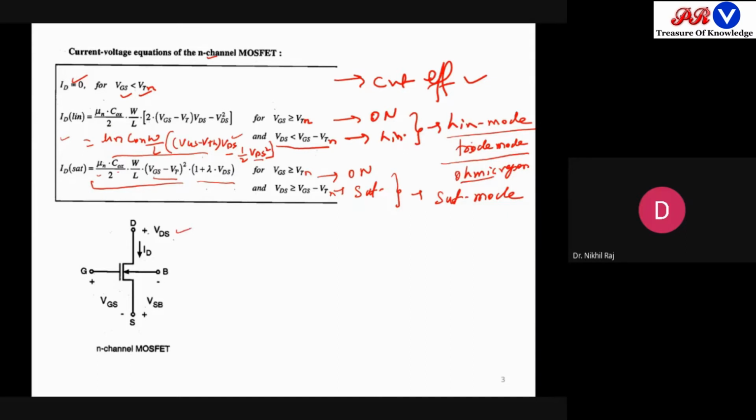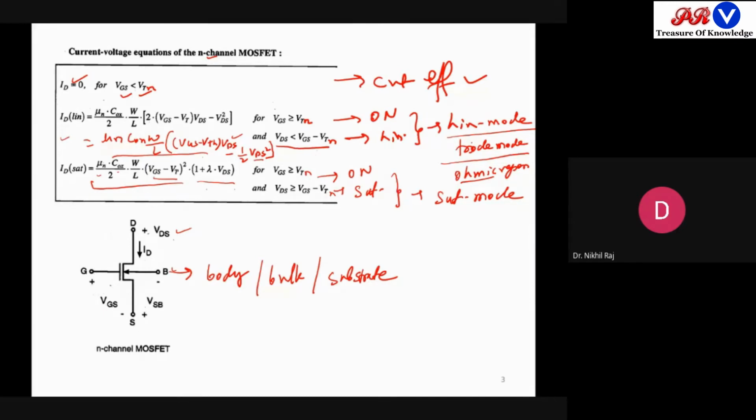And this was your symbol. This is called your fourth terminal. The fourth terminal is called your body. Sometimes it's called body, or it is also known as bulk, or it is also said as substrate connection. Sometimes substrate is identified by body, but in fabrication, the body is separately made as a single terminal. So that's why in many symbols, body and substrate both have the same connections.